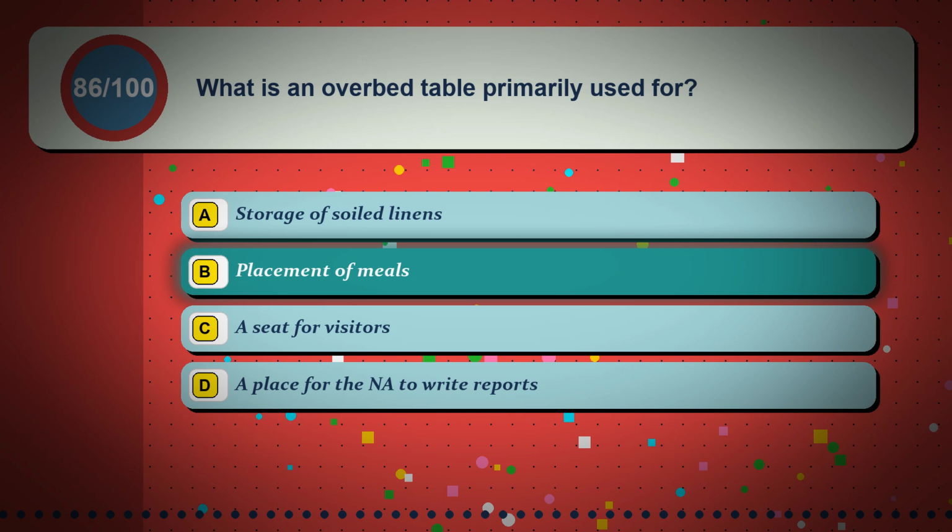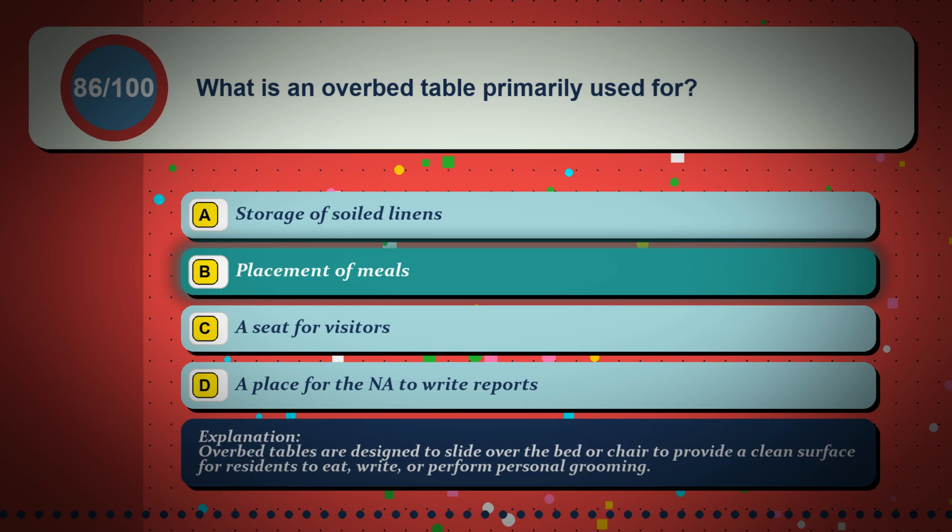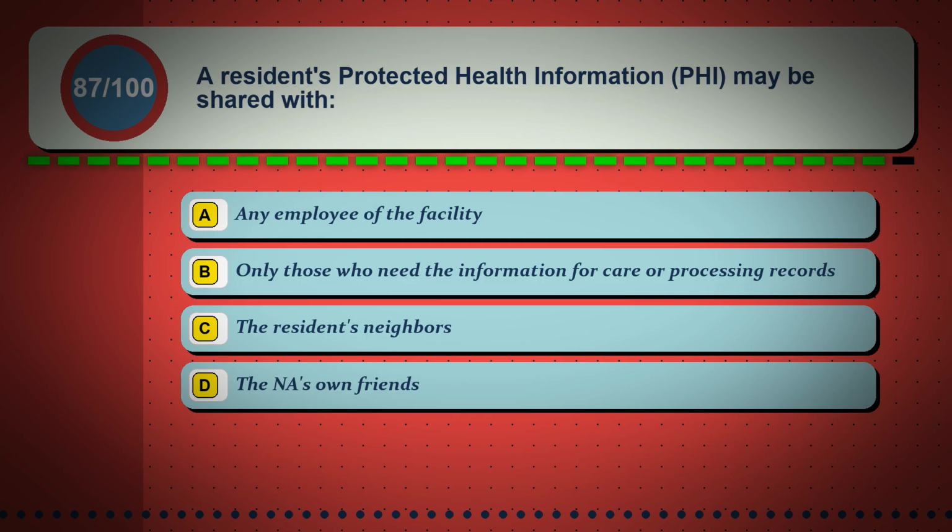The correct answer is option B. Placement of meals. Overbed tables are designed to slide over the bed or chair to provide a clean surface for residents to eat, write, or perform personal grooming. Question 87. A resident's protected health information, PHI, may be shared with